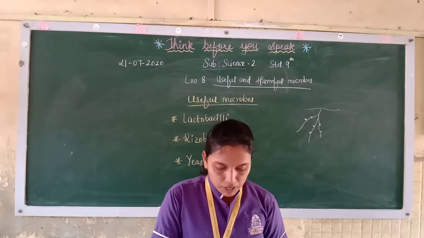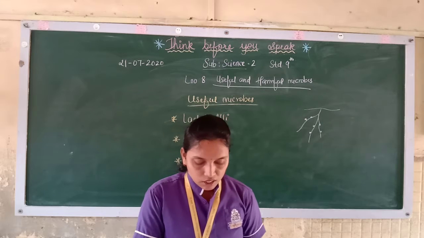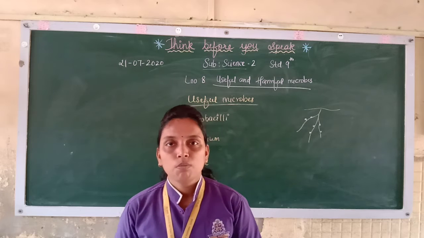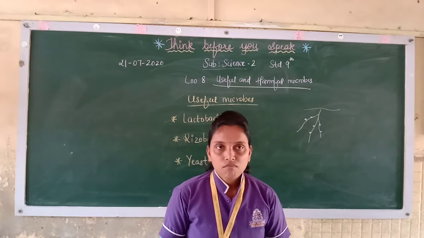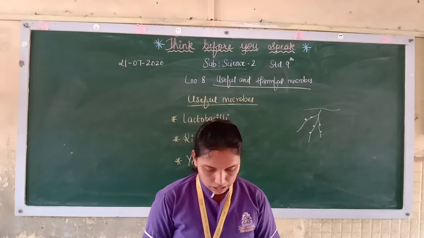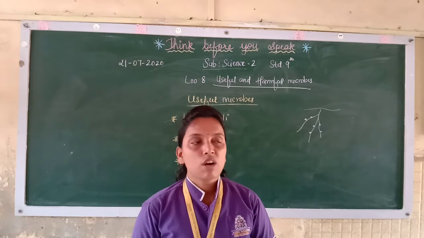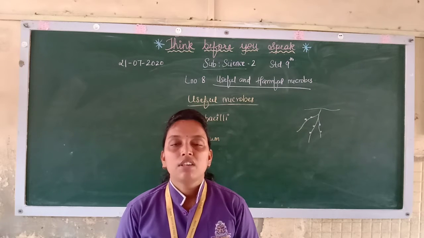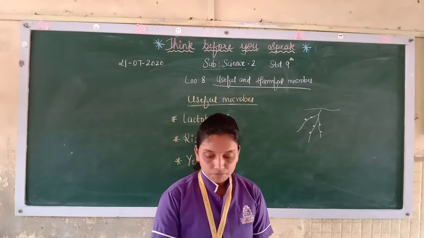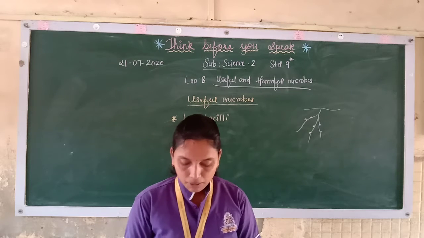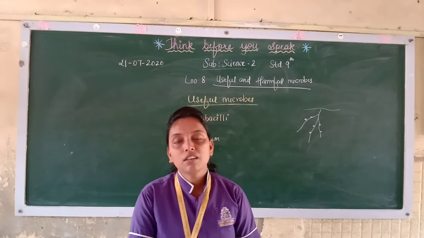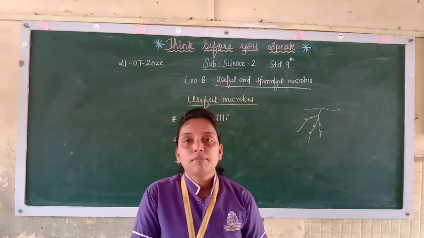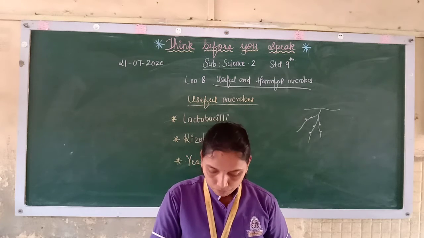Yogurt also has an acidic pH, and thus it can kill many microbes which could otherwise enter through milk. So if other microorganisms can enter into your body through milk, this yogurt can kill those microorganisms. Therefore, doctors advise you to have buttermilk or yogurt when you are uneasy, or you have a discomfort of your stomach. So remember, yogurt and buttermilk have useful bacteria known as lactobacilli, which help us to improve our immunity.